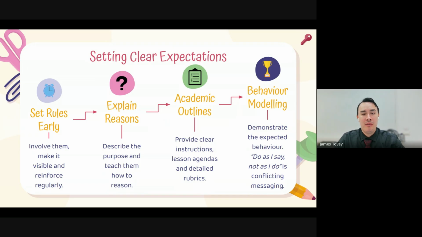And you should be modeling the behavior you want to see. So demonstrate the expected behavior, what you expect of them. If you want them to remain calm and speak respectfully, you should be calm. You shouldn't be having outbursts, and you shouldn't be doing things that would be different to what you're telling them to do. So demonstrating those sorts of behaviors is really important, because the do as I say, not as I do, is kind of